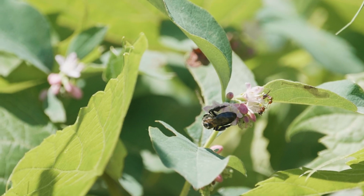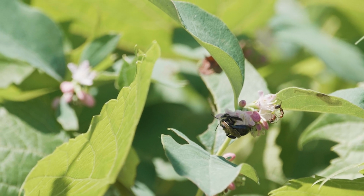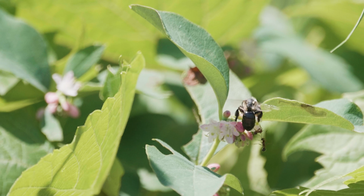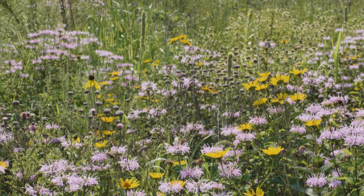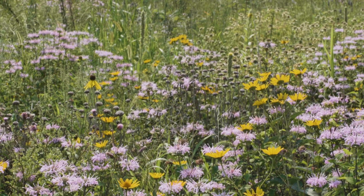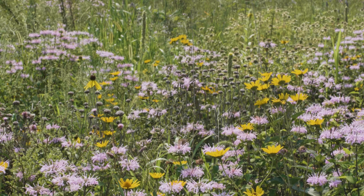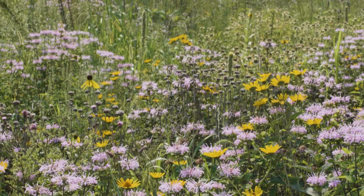I talked about how native bees are out foraging as adults in that narrow 4 to 6 week window. And so that means that native plants and native bees are synced up and they are dependent on each other. Those native plants are dependent on bees for pollination, and the bees are dependent on those plants for floral resources. So the nectar, the pollen, and sometimes floral oils. And sometimes these